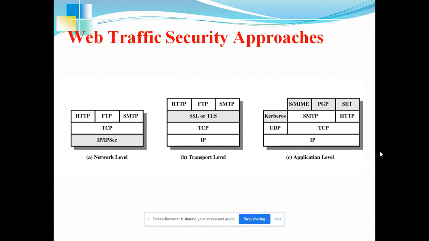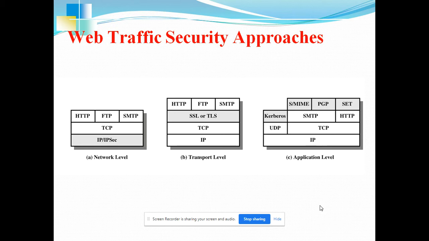So, you know that at various levels we can implement security protocols, right? You know that we have different kinds of protocol stacks. The basic reference model is the OSI reference model, which has 7 layers.